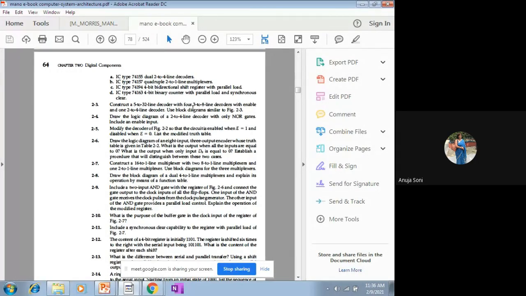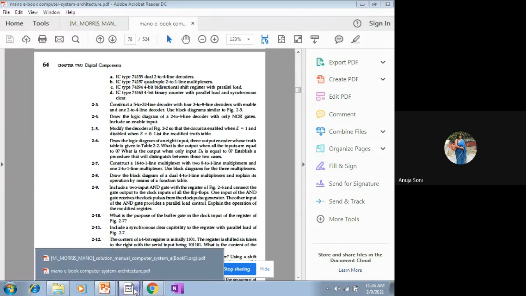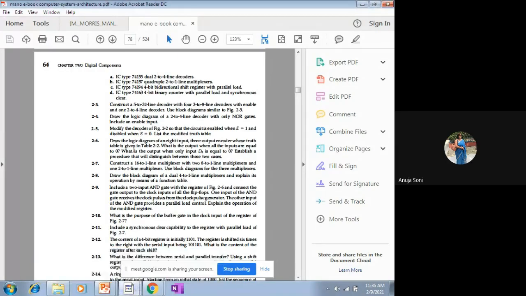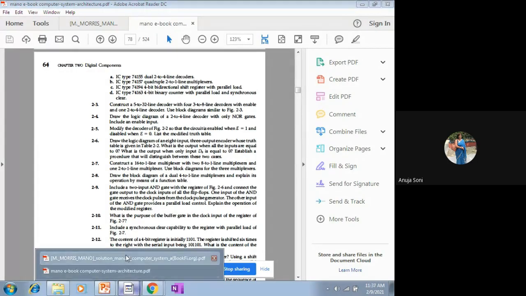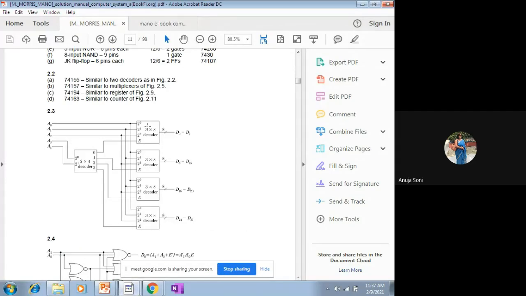And intermediately, how many 3:8 line decoders need to be used? Four 3:8 line decoders need to be used, as well as one 2:4 line decoder, in order to construct a bigger size decoder, the 5 to 32 line decoder. So how will it be constructed? For the smaller size decoders, you don't have to draw the logic circuit diagram. You have to draw only the abstract diagram, where you only show the outer details and do not go into the inner details.